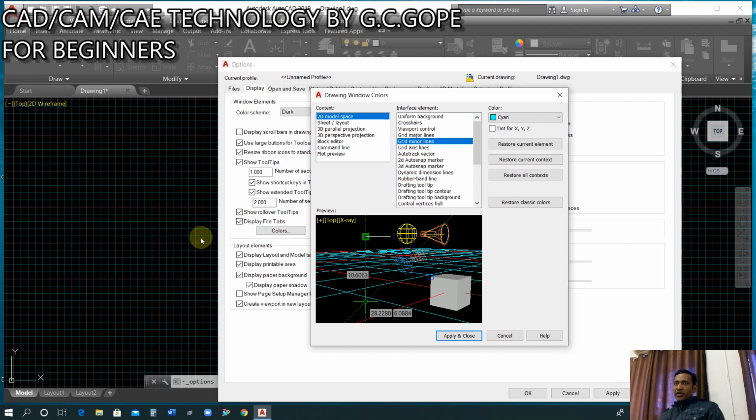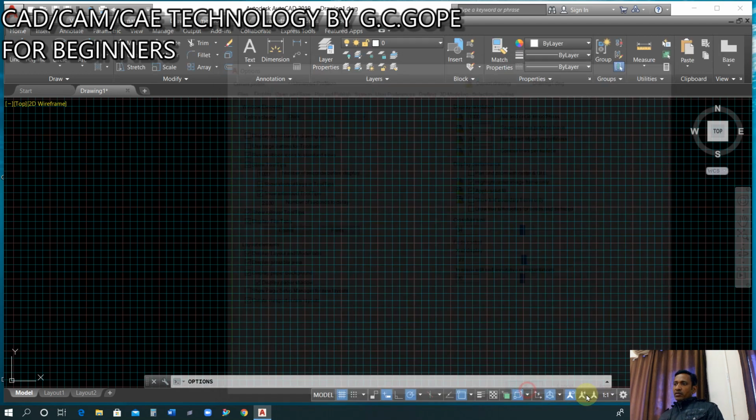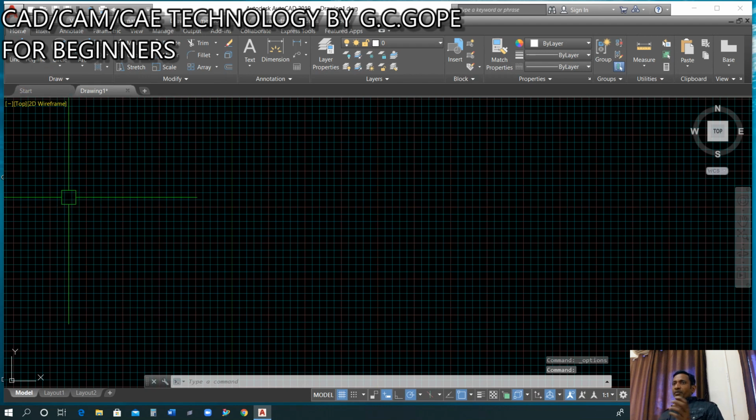This one is the major line of the grid and these are the minor lines of the grid. Now we can see that we have the options grid major line and grid minor line. As I told you, these are the major lines and these are the minor lines, so we can change the color of those also. This is how to change the color of a component. Now we press OK. Now suppose we want to decrease the size of the toolbar, so we can uncheck this one, and now press OK. And now I'm going to bring some toolbars.